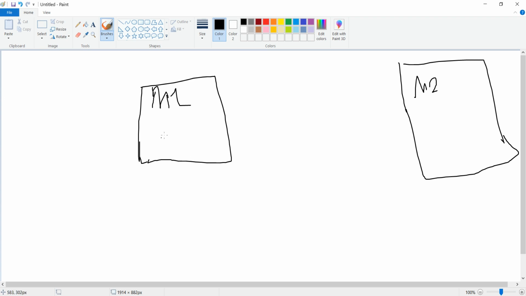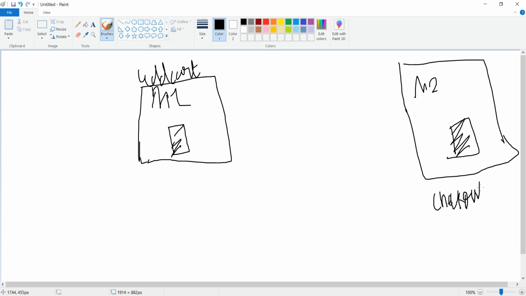Now if you did a patch here and also a patch here, say this one is for add to cart, and this one is for the checkout functionality.